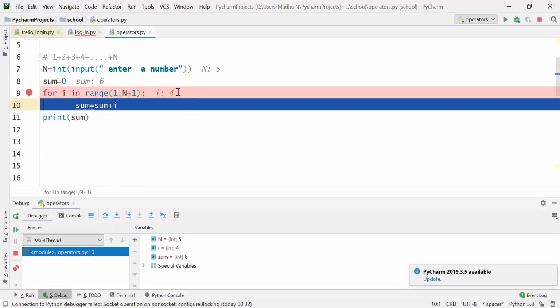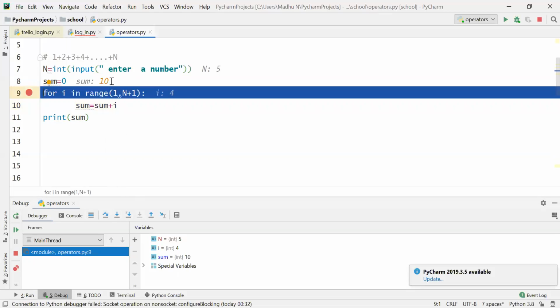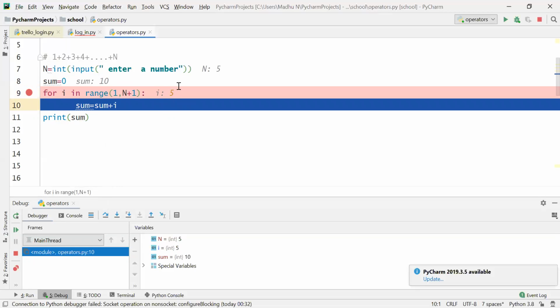And sum is 6 plus 4, that is 10. If I go for next step, it will take i as 5.